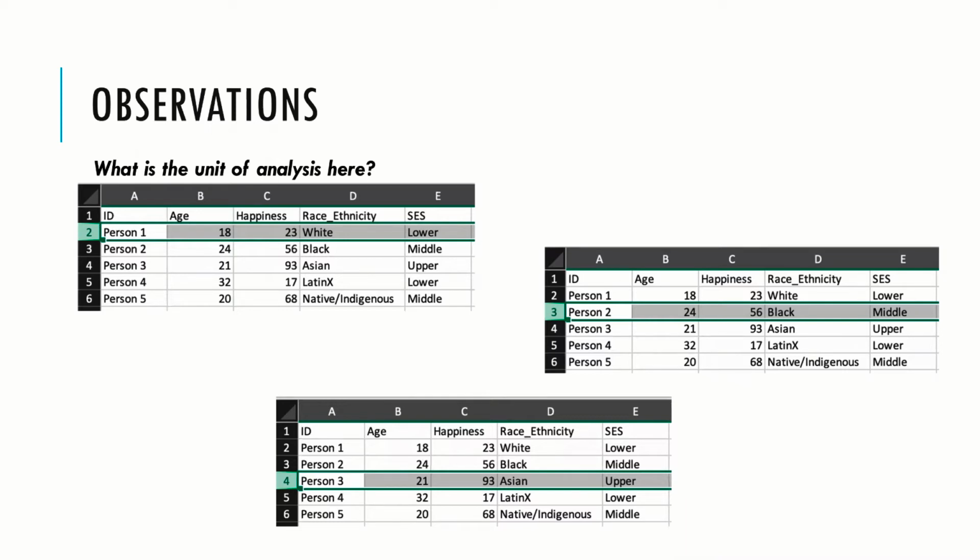And you'll need to know, how do they measure these things? They may not be at the individual person level; they could be at the city level, so each row would represent a city, or each row could represent a state. Even more complex, each row could represent a time period: year 1, year 2, year 3, year 4, year 5. Even more complex than that, it could represent an organization-year: organization 1 in year 1, organization 1 in year 2, organization 2 in year 1, 2 in year 2, and so on and so forth. So it's important to understand what level you're working with before you can even start understanding what the variables mean, right?